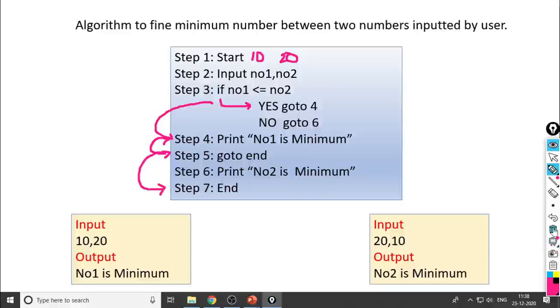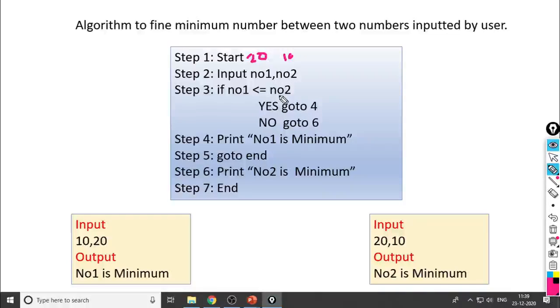If the input is given like 20 comma 10, then NO1 is 20 and NO2 is 10. For this input, it will check if NO1 is less than or equal to NO2. So NO1 we have 20, NO2 we have 10.